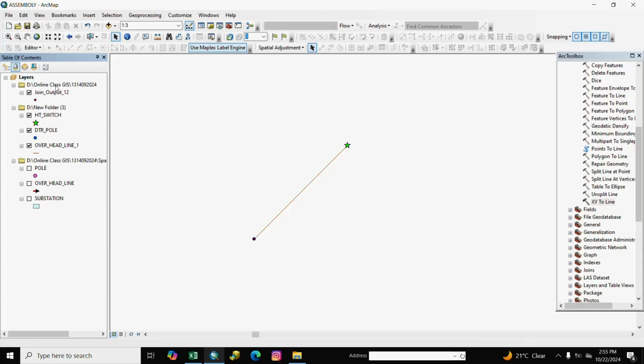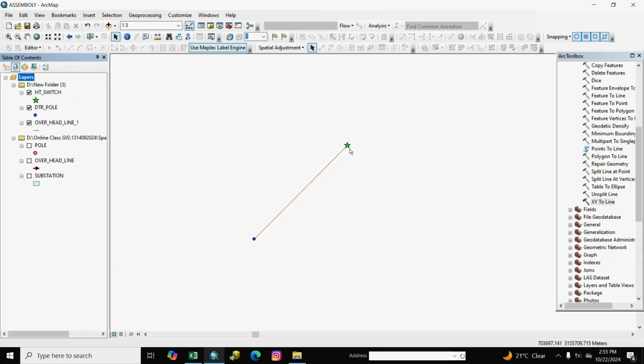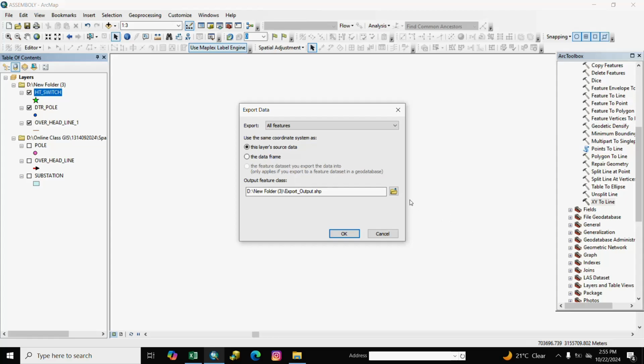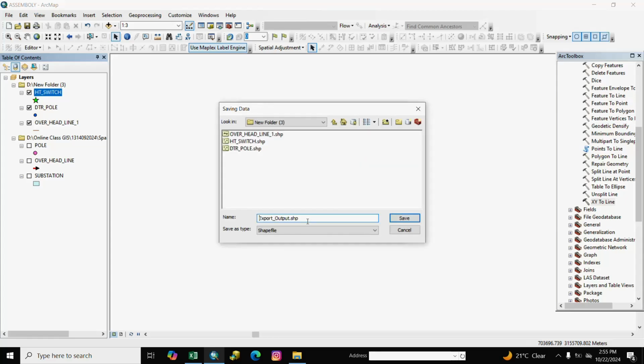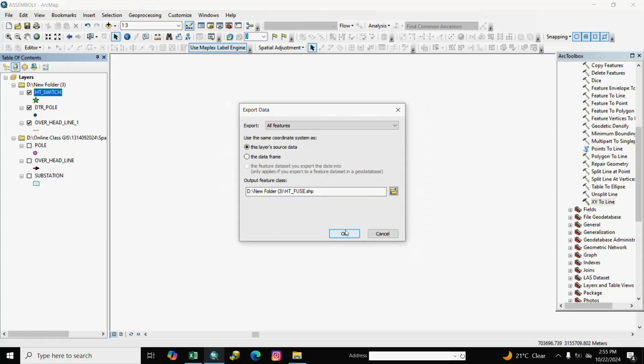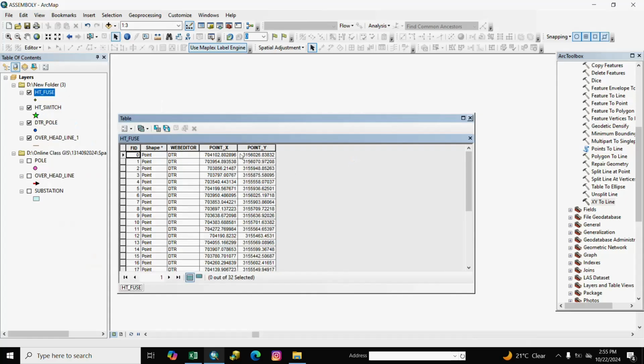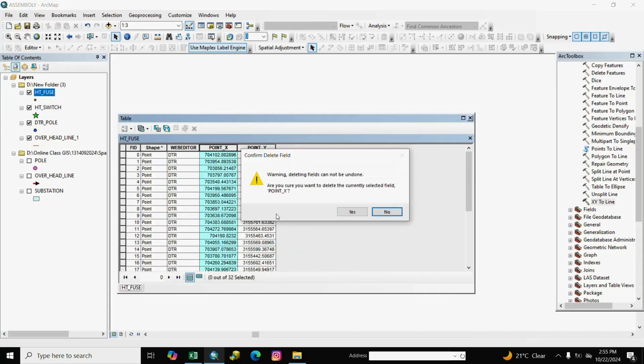And next feature, switch to HT side fuse. So we export HT switch, and we write here HT fuse and save. OK. HT fuse, open attribute table, and we remove XY coordinate,